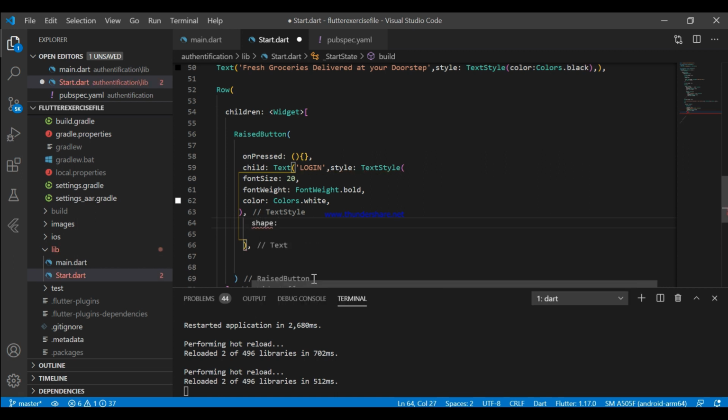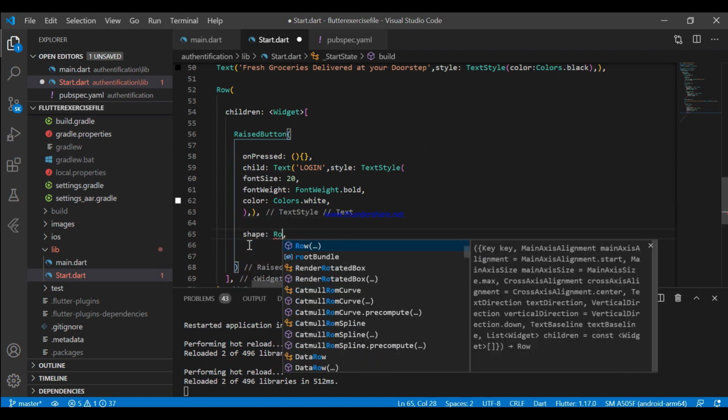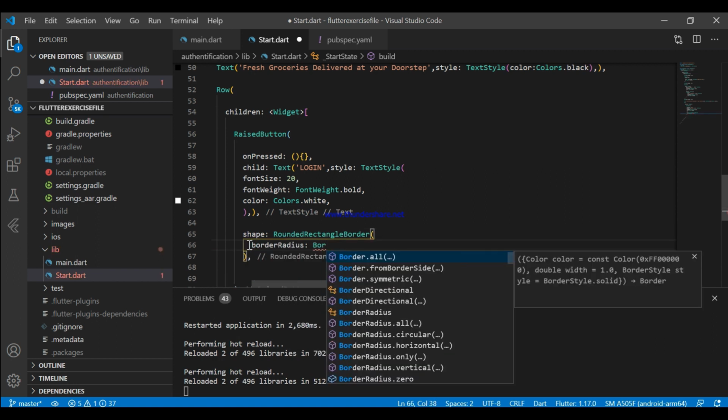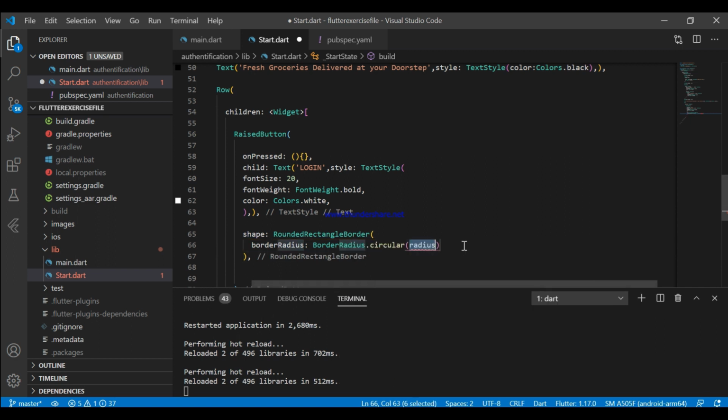Let's provide a shape to this raised button, and here I'm using rounded rectangle border. Let's give a border radius of 10. Yep, 10 will be sufficient.